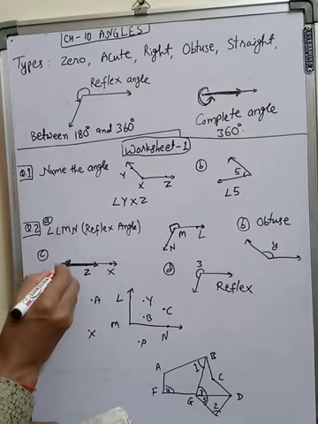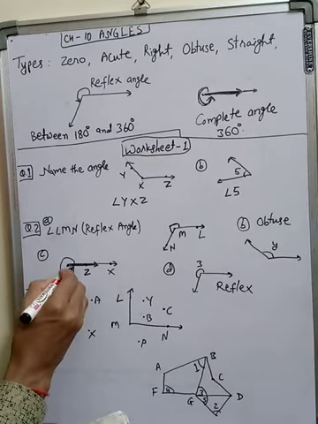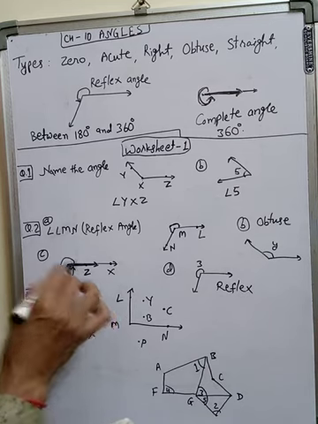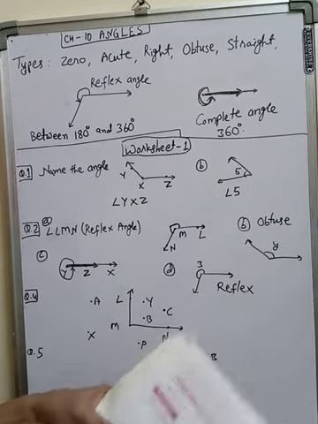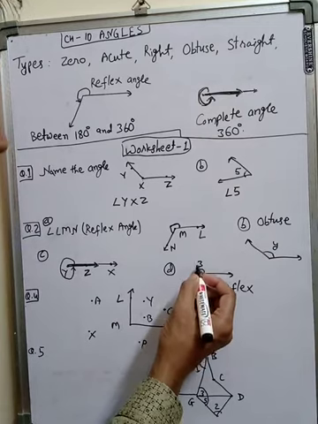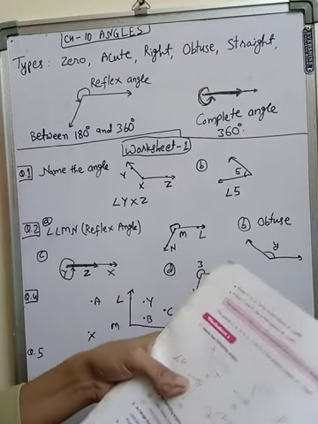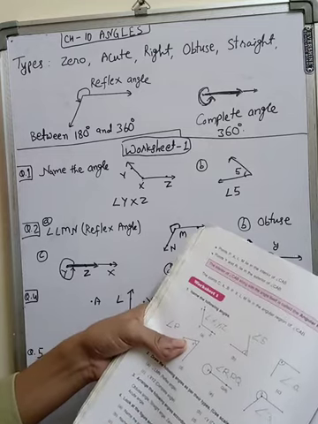So this is incomplete. Now when it takes one round, it is complete. So XYZ, this is a complete angle. D, angle 3, reflex. So outside we will write 3. This is angle 3, which is reflex. Now question number 4 is: name the points in the interior of LMN.